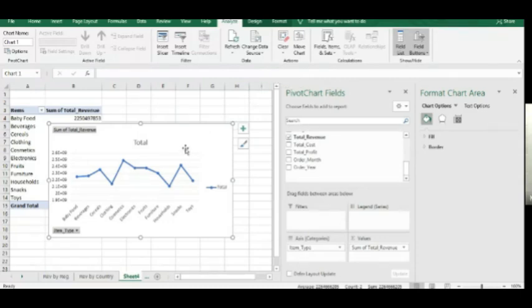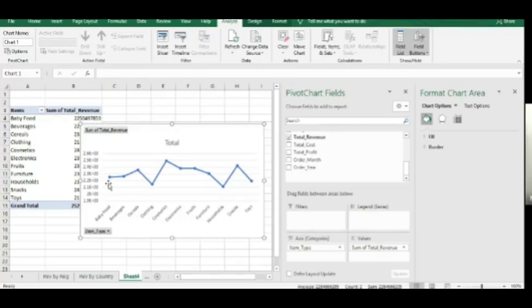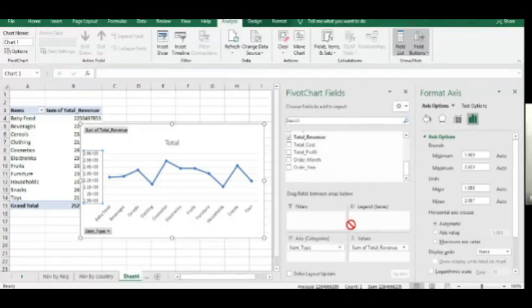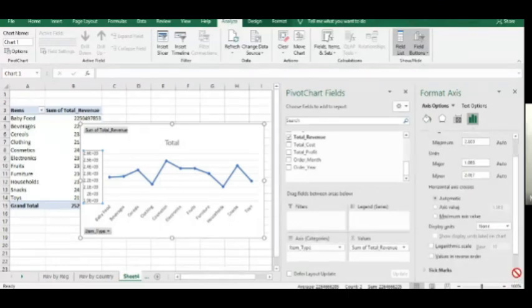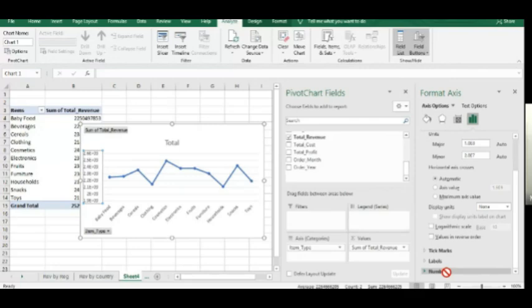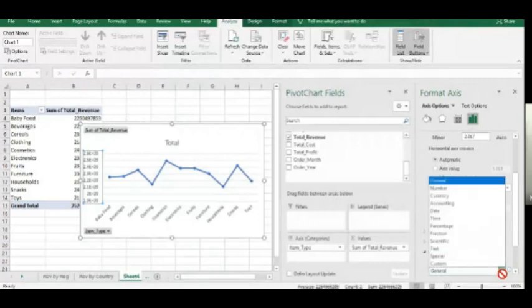Sorry for the little break. This is our line chart here now. We use the same process by customizing it. We customize this to custom,